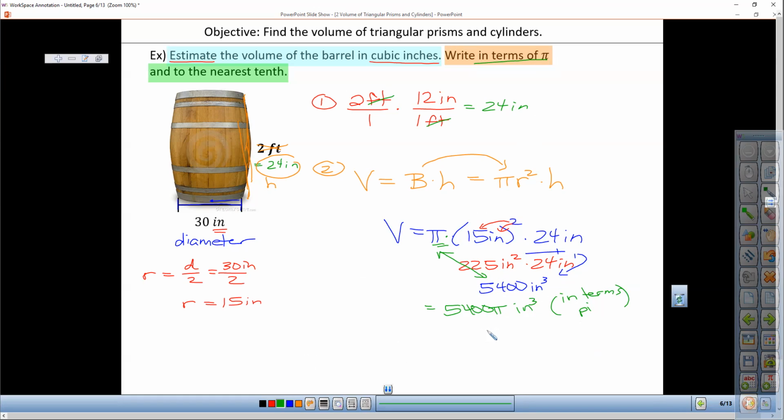All right, so we're keeping everything consistent. Now to get our approximation to the nearest tenth, we're going to use our calculators and take that 5,400 times the pi key, not times 3.14, which is a rounded value for pi. We want the most accurate answer as possible. So find the pi key on your calculator and use it. So if we take this times pi and then round to the nearest tenth, we get a pretty big number,